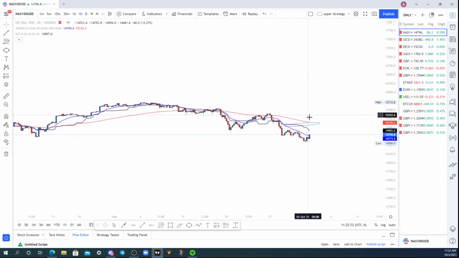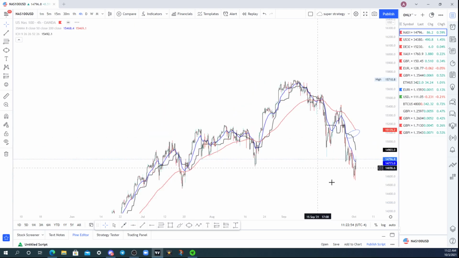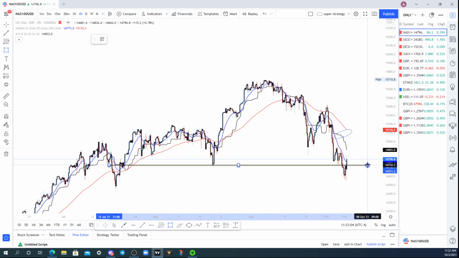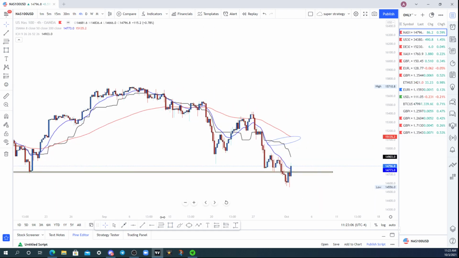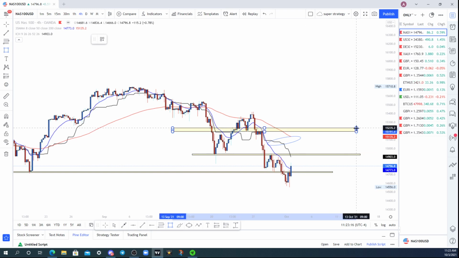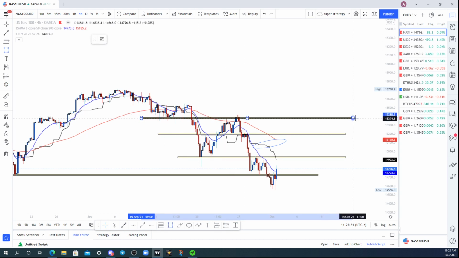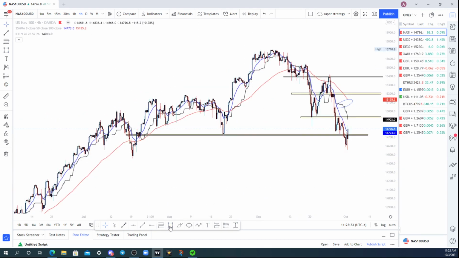So we are going to go to the 4 hour now and see exactly what price is doing here on the 4 hour. Here's where I'm going to start drawing out my zones, making sure that everything is nice and clean for me. Right over here, beautiful level of support. Right over here as well. Bang, bang. And then we have this level of resistance here that we can possibly target, and we can also target this level over here. Correct? Now let me get the targets for the lows. We target this level here for sure.